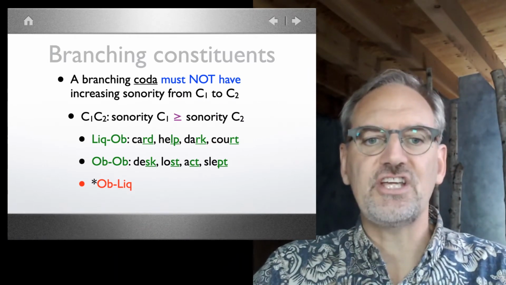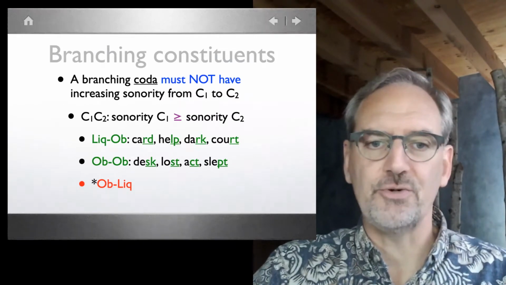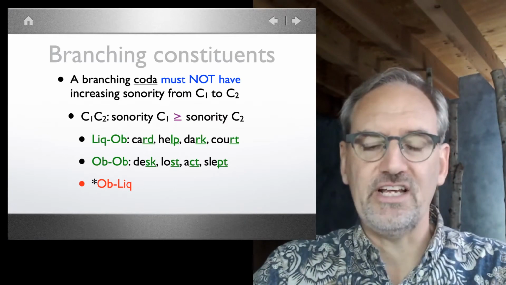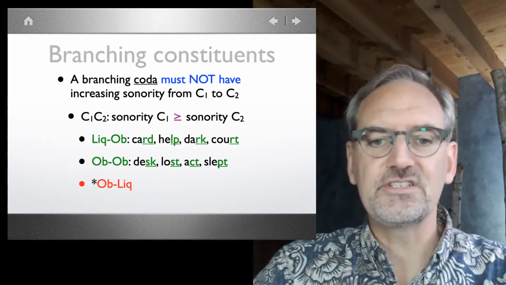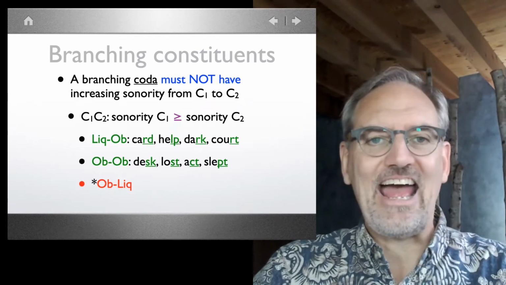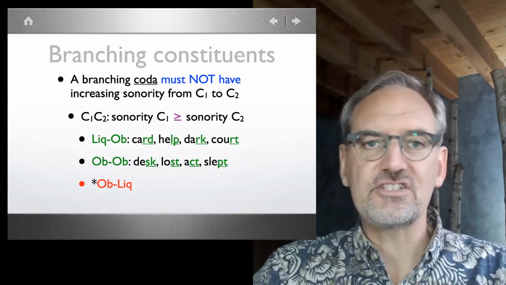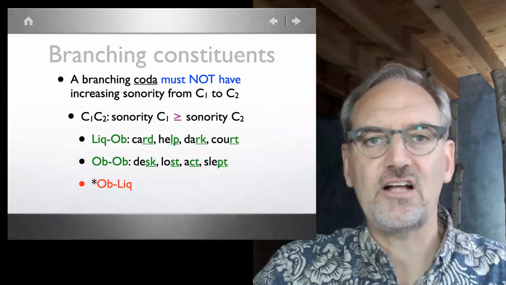In each case, the liquid has higher sonority than the obstruent. But they can be the same degree of sonority as well. So desk, sk, are both obstruents. Lost, act, slept. Right? So as long as there's not increasing sonority from the first consonant to the second consonant,